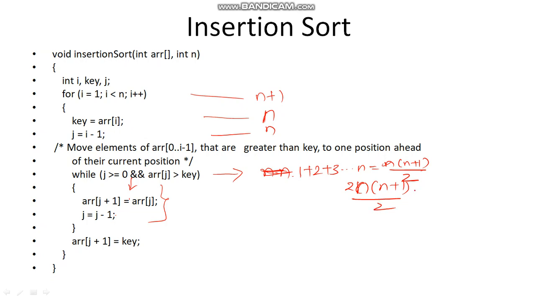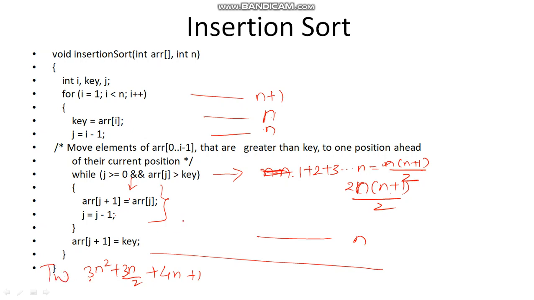Okay, so this is very much important. Then this is going to happen for n times. So the total complexity that we get is 2 into n square plus n square, 3n square. In the worst case I am talking about 3n square. Then n by 2 and 2n by 2 is 3n by 2 plus 3n by 2. Then plus this n and this n, 4n plus 4n plus 1. This is the time for the worst case. Okay.